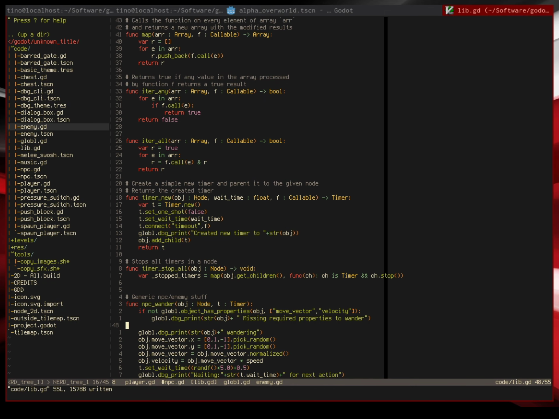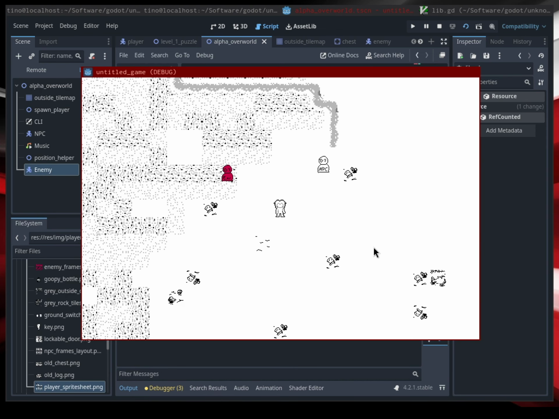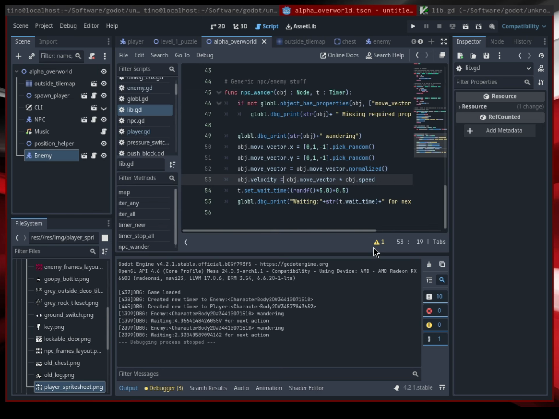Speed. Okay, it also needs speed. The object is still moving. Ta-da. I mean, the enemy is moving, and now